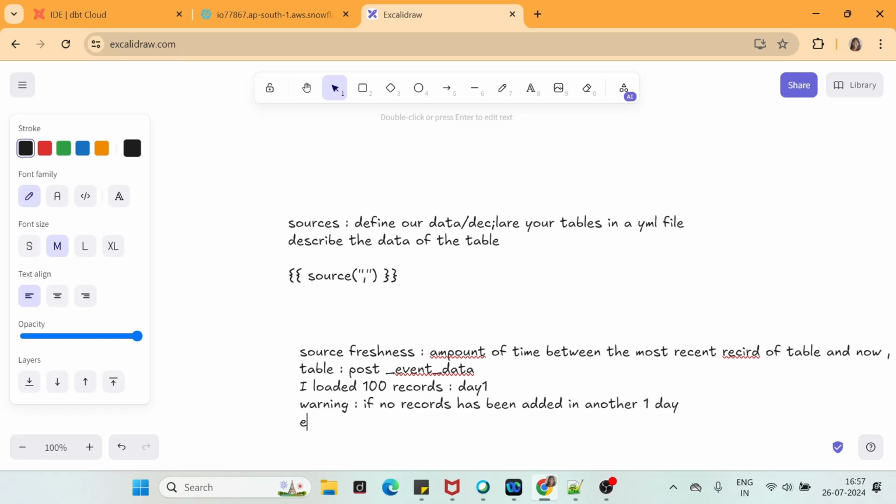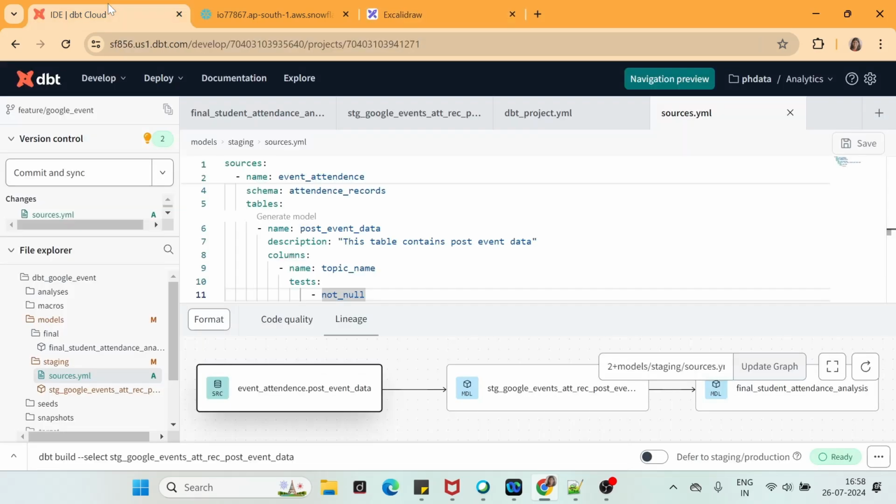And I should get an error if no records have been added in another 2 days. So it checks the freshness of the data using this freshness block that we can define in a sources.yaml file. So how to define it?